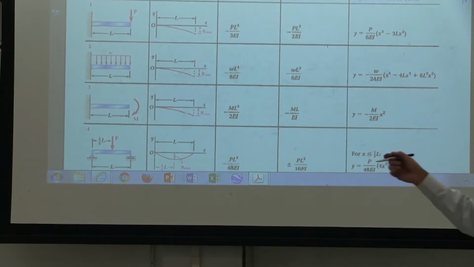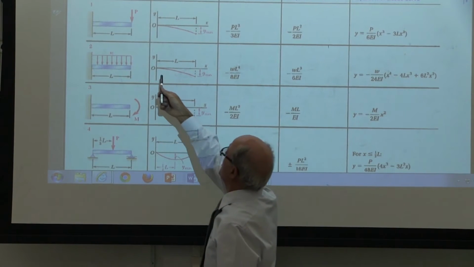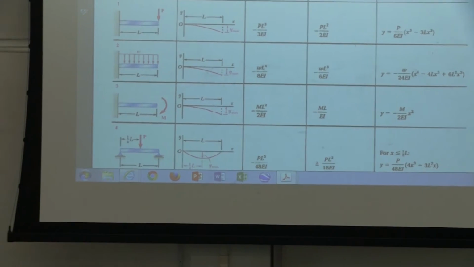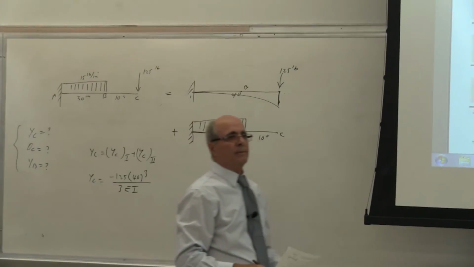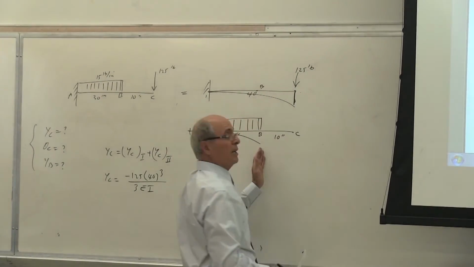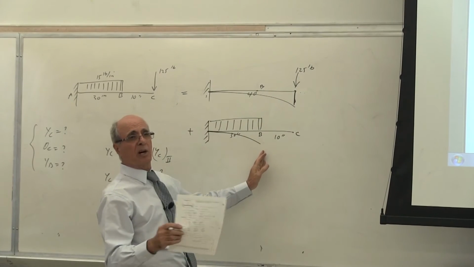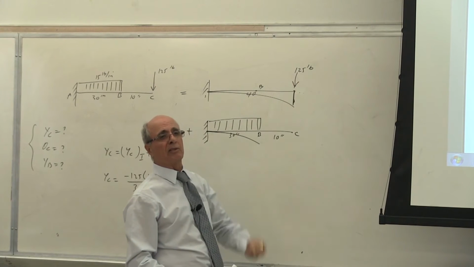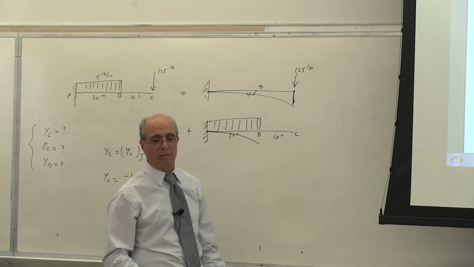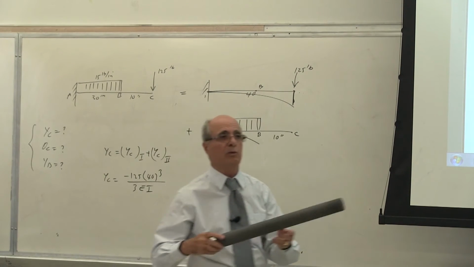Now, what do I do for this part, which is only bending from here to here? Yes or no? What do I need? Do I need YB? Some people do that, by the way. This is the cardinal mistake again. They take YB and add it to this one. Is that correct? No. Look what happened here. I want you to understand that.